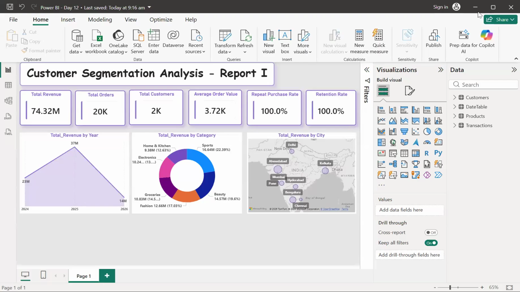Okay, so yesterday we discussed till this part, and I told you to try something. Since we have completed the complex, or maybe difficult, part of this project or report, because we have created the KPIs which are required to perform the customer segmentation